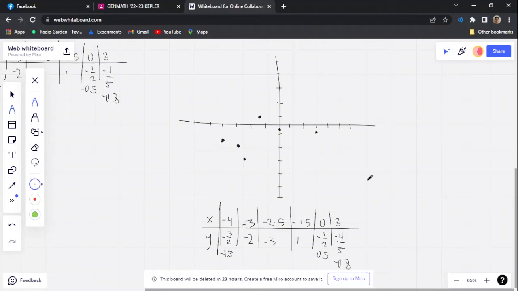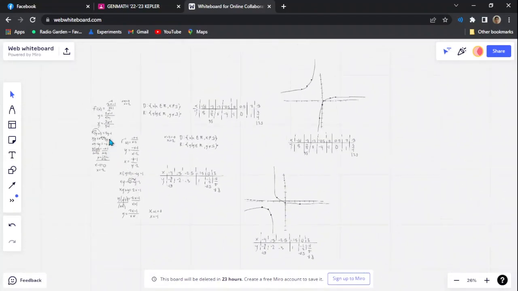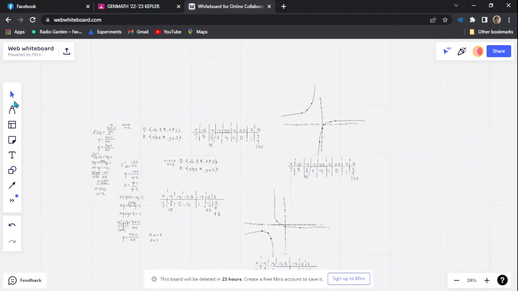So in graphing, we draw it so that it intersects all the points. So this is how it goes. This is how the graph looks. This concludes my guide video on how to find the domain and